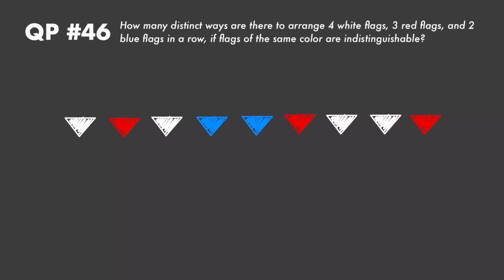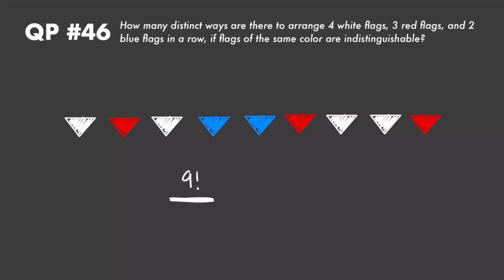This is one possible orientation of the flags. And obviously we have multiple items here that are indistinguishable from each other when permuted. For instance, this setup right here is going to be exactly the same as if we did this and switch these 2 blue flags. We know the number of ways to permute 9 flags is going to be 9 factorial, but now we have to divide out these cases where when we switch them, they end up being exactly the